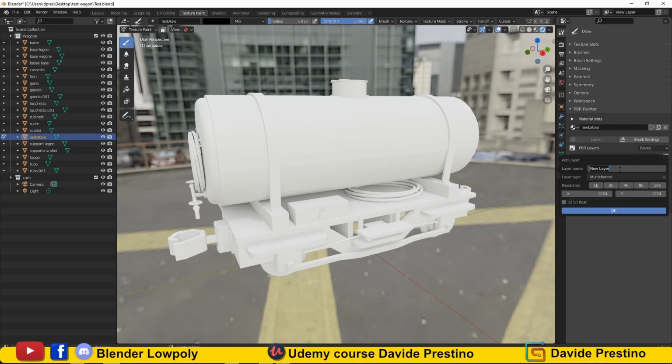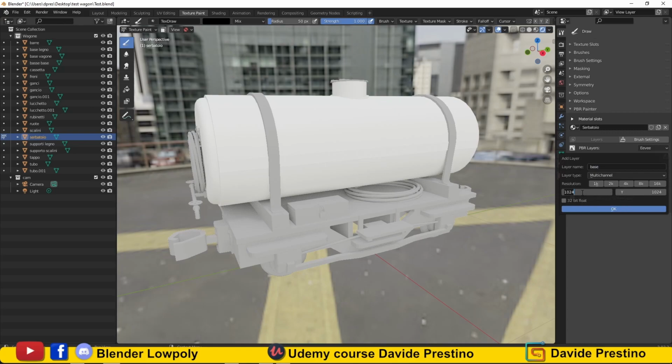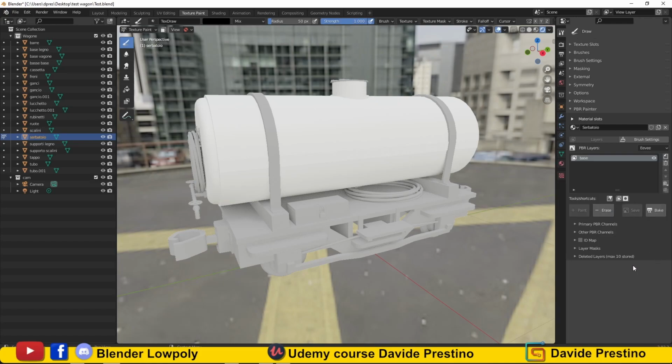In this case we will use external textures, so we can give a resolution of 1 pixel by 1 pixel. This low resolution will not affect the textures. If instead we want to paint manually, we will have to choose a higher resolution. We press OK, and our basic level will be ready.